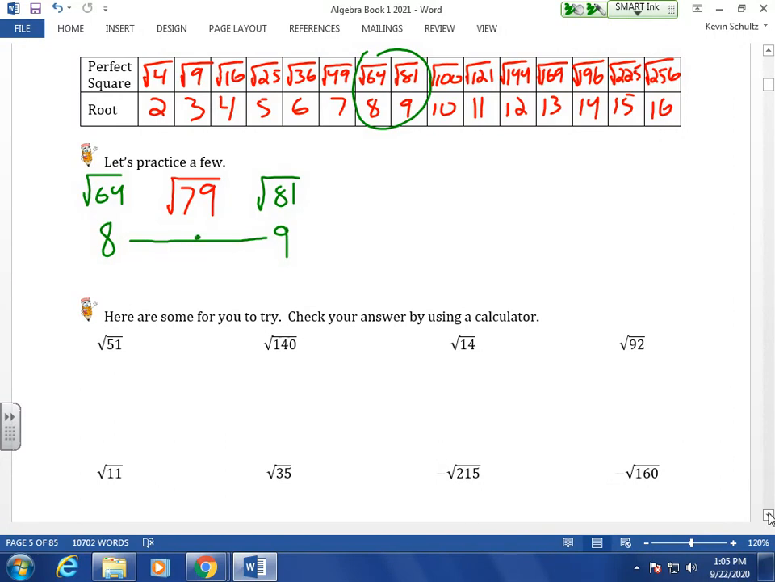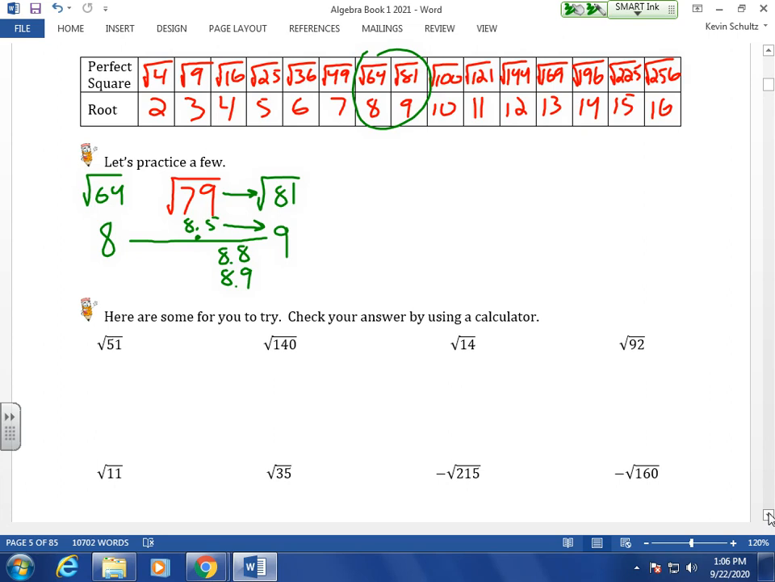Well, here's where we're going to get a little more specific. Right in the middle of this is 8.5, but is 79 right in the middle of 64 and 81? No. Is 79 closer to 64 or closer to 81? 81. Which means that it's going to be closer to 9 than it is to 8. So if you estimated this to be 8.5, you'd be telling me that it's right in the middle of 64 and 81, but it's clearly much closer to 81 than it is to 64. So you could estimate this as being 8.8,